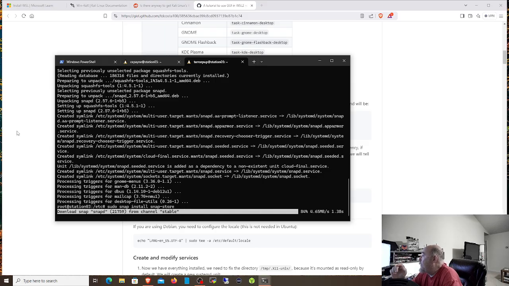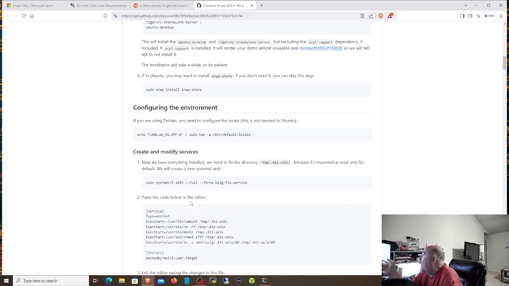So while it's doing that, I went ahead and configured it for UTF-8, and UTF-8 is something I highly recommend if you're someone like me who has family members who are from other countries and they send you stuff with